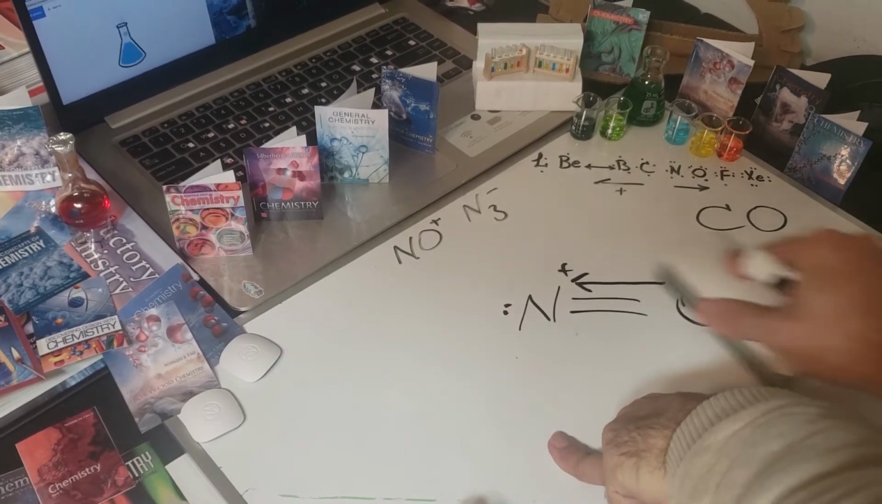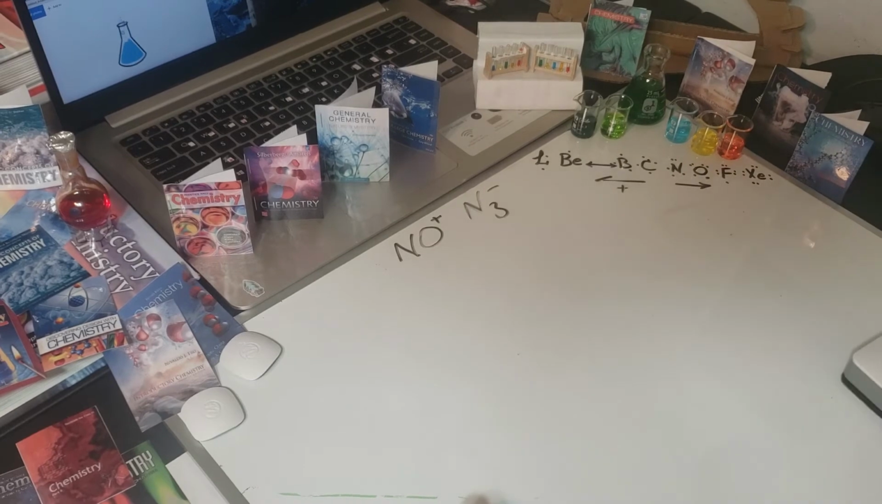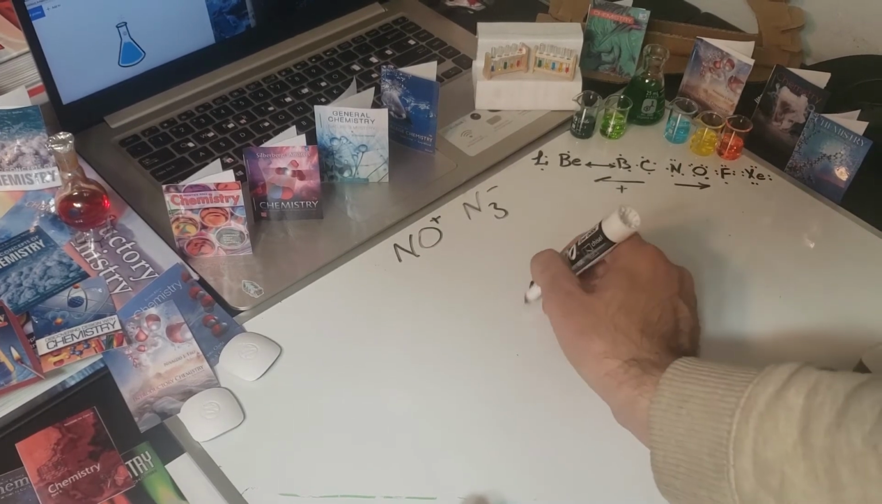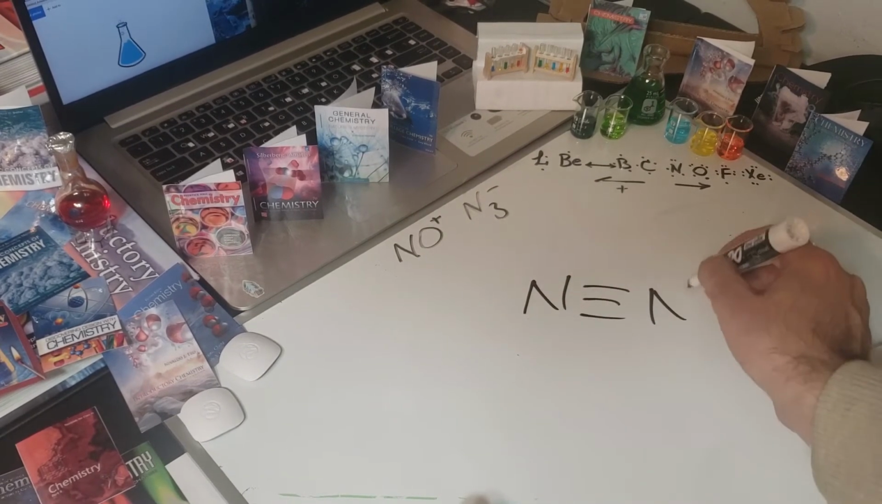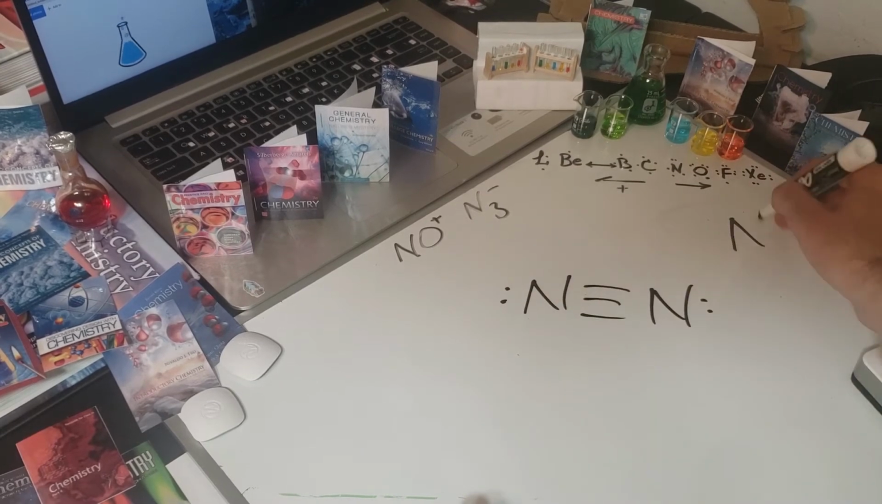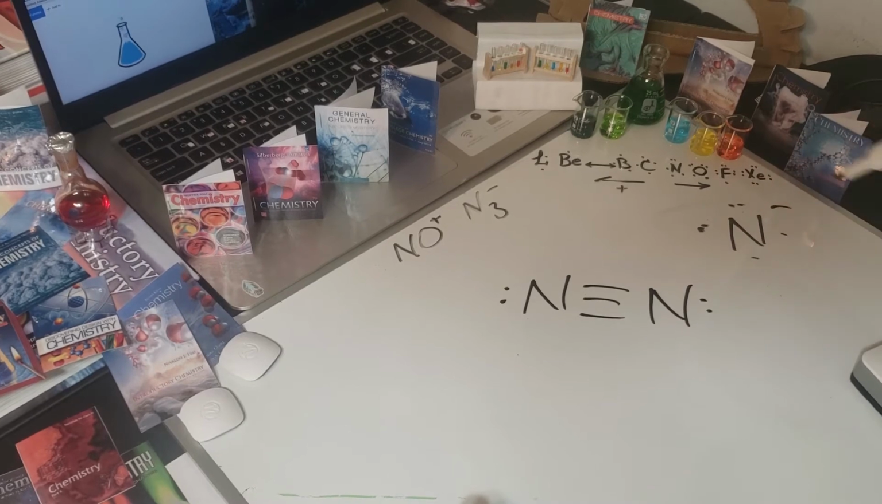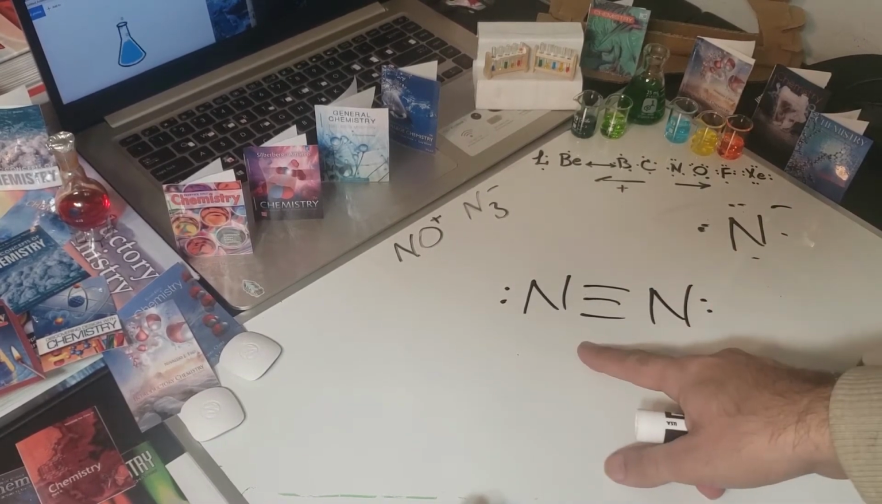Okay, that's NO plus, a linear molecule. And N3 minus, we're going to start with this, and we have an N minus. So this is an exception here, we took N minus outside. We could also do it with N minus in the center, but it's preferable to do it like this because